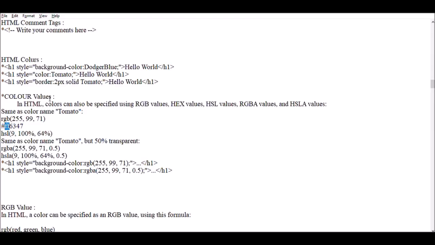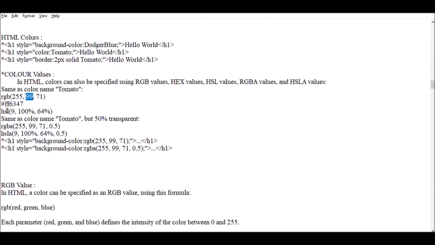Double F is the code for pure red, which is equal to 255. 47 is the code for blue and 63 is the code for green. If we display it in the form of HSL, then it will come in the form of percentages.